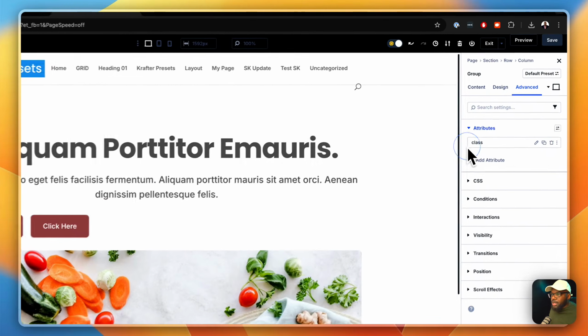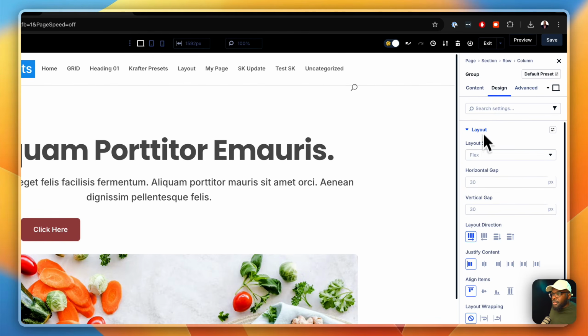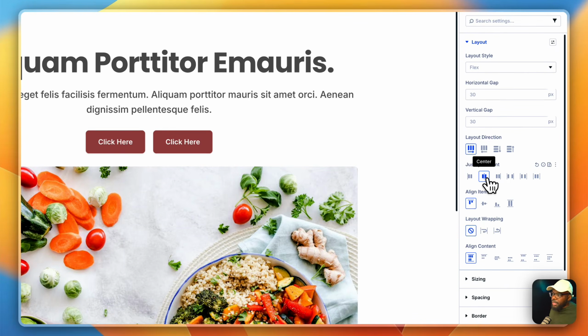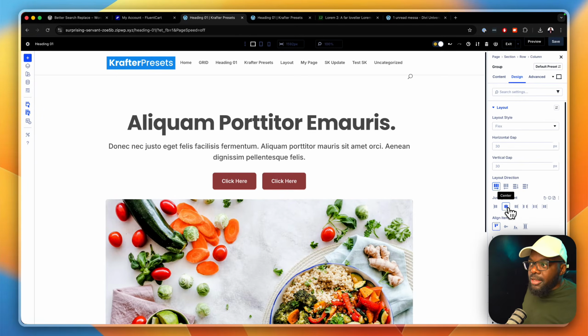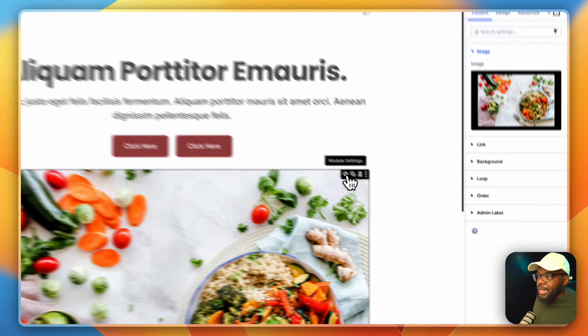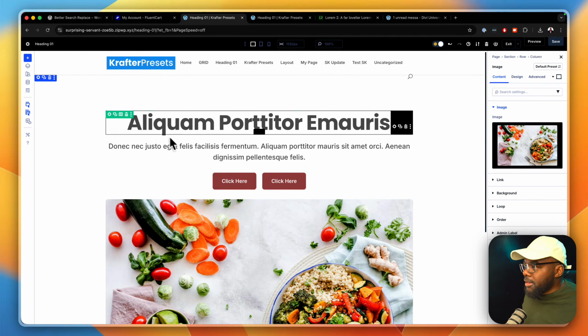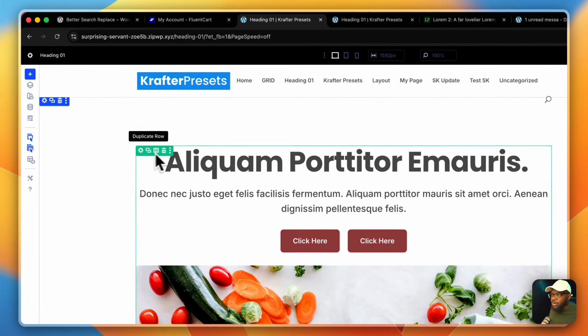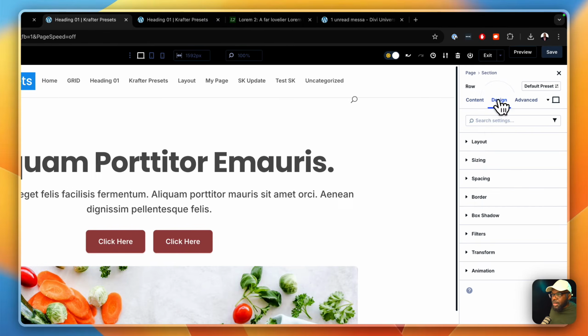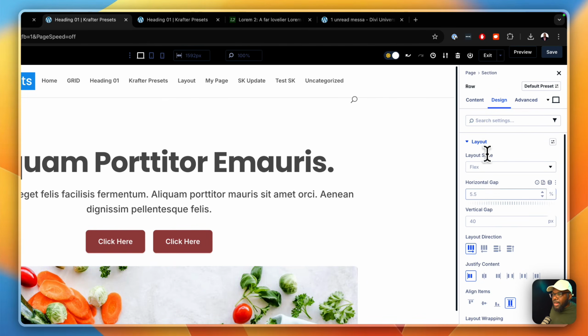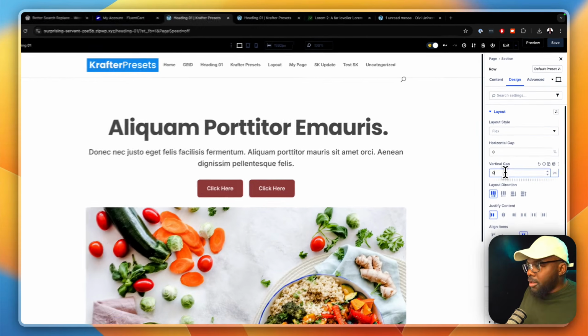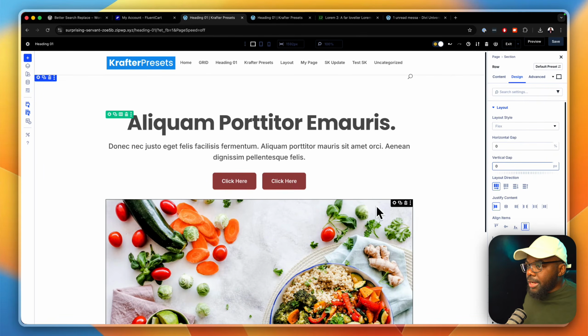And then I'm going to close out of here, go back to design, and just make sure that my heading is centered. Did you see that? It just makes things much easier that I've centered everything. Next, I'm going to come over here to my image because I also need to give it a margin to the top. Okay. So before I do that, I just want to make sure that on my row settings here, everything is zeroed out because I want to make sure that I use custom sizes. So I'm going to go to 0, 0 here, hit enter. All right. So now I can come to my image